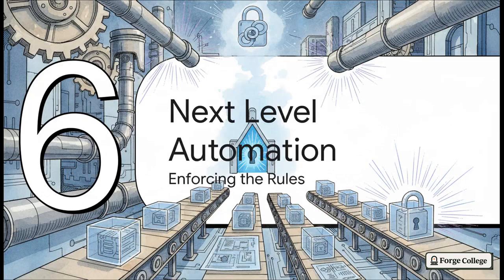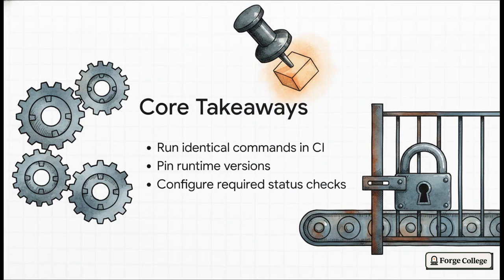absolutely sound. Finally, station 6, next level automation, enforcing the rules. We've built the factory, which is great, but right now, it's kind of optional. To lock these rules firmly into place, here are your core takeaways for building a rock-solid CI pipeline. First, you must run the identical commands locally and in your CI, no differences. Second, you must pin your runtime versions and heavily utilize those lock file hashes we talked about to optimize with caches. And third, and honestly this is the most important part, you must go into your repository settings and configure